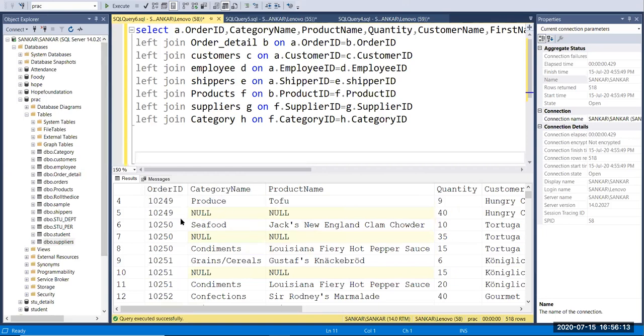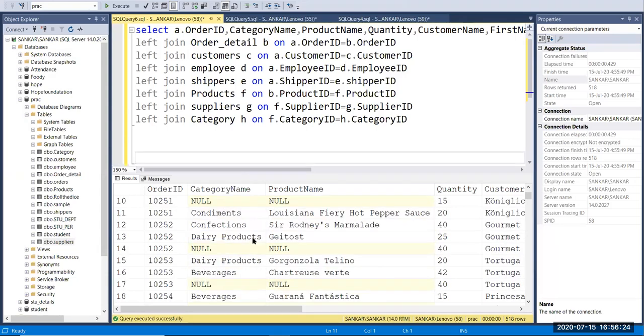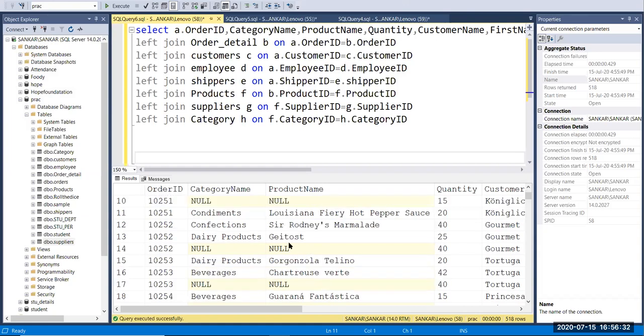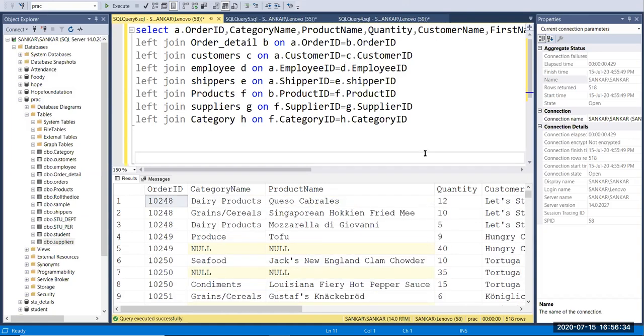In here, for some of the products I have not entered their category name. The products that have a category name print here, and that's why it gives null for the others.